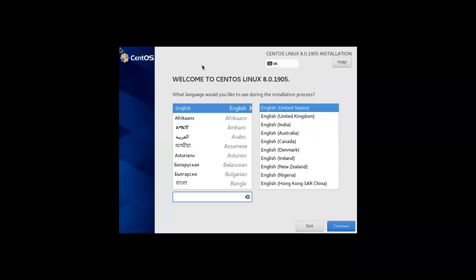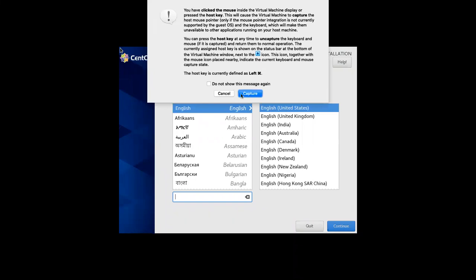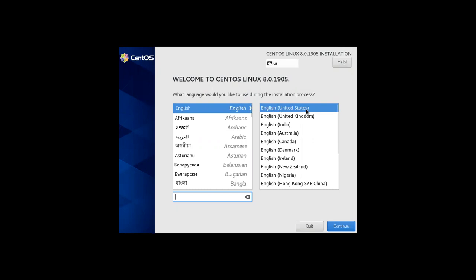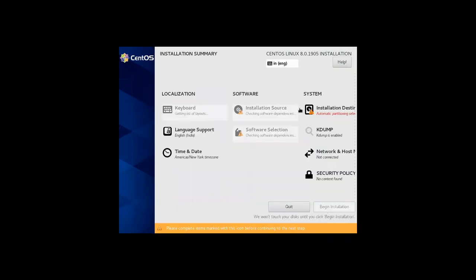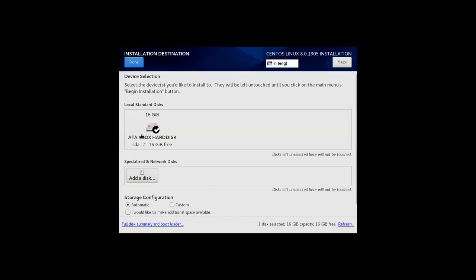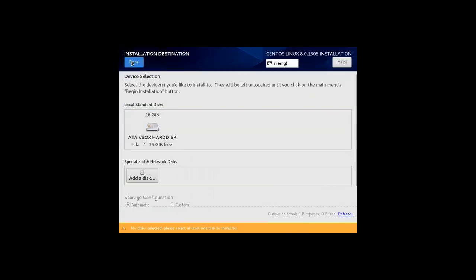So here I have to select the language and all the things, and here I select English India and next. So here I have to select the installation source, local media, everything done, and here I select the partition volume, it's done, and no disk is selected.